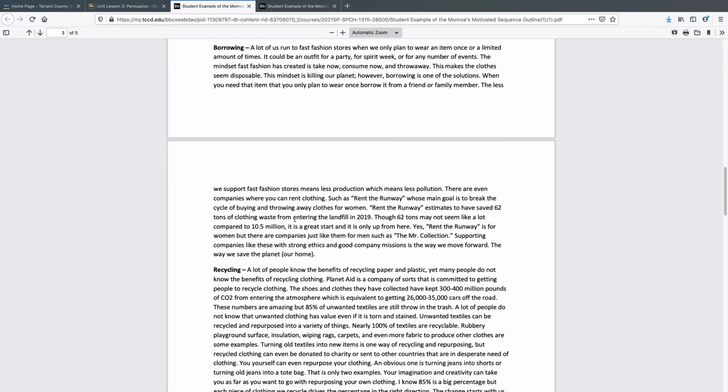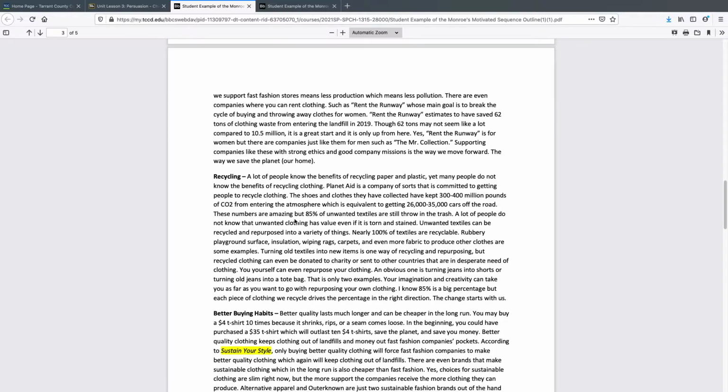Make it detailed, make it simple. I know this is 4 to 6 minutes. Now remember, the outline is detailed. For your speech, for your presentation, it is 4 to 6 minutes. So I don't think you're going to say all this, but you're going to have to give enough information so